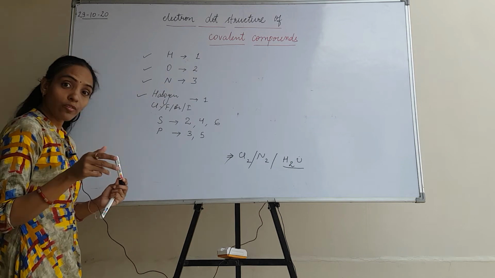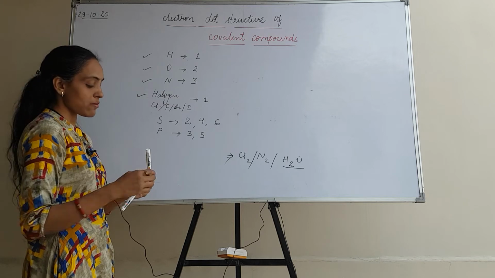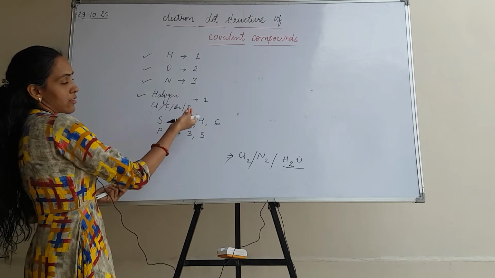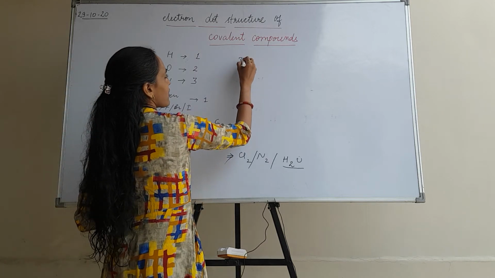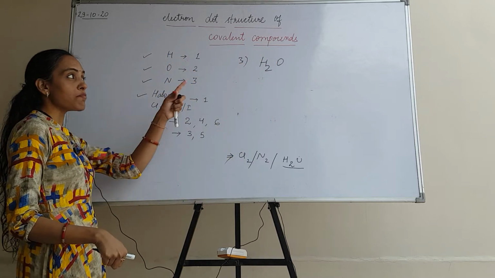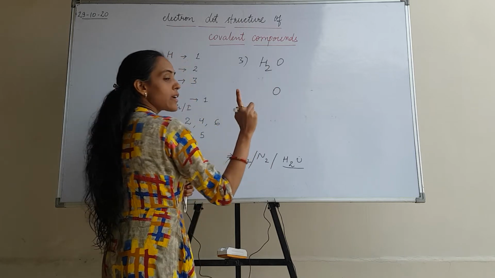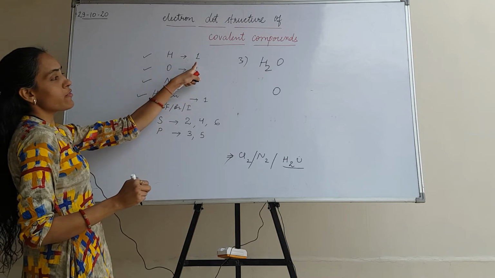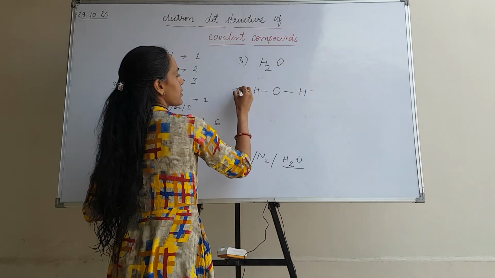And this year, moreover, it is of more importance, because see, hardly 3 topics are left as per CBSE. They have deleted the course also. So there are 3 topics: carbon, covalent compound, electron dot structure, and homologous series. So this is important. Let us now see how to draw the electron dot structure of this kind of compound. H2O. In this we know oxygen will be the central atom which will form 2 bonds. Hydrogen will form 1 bond.